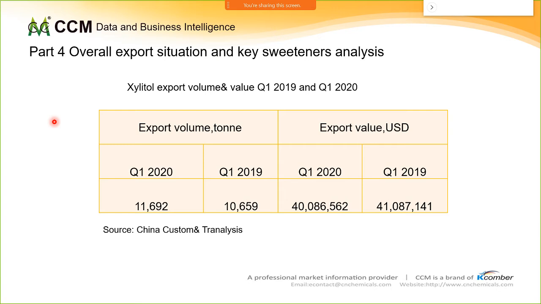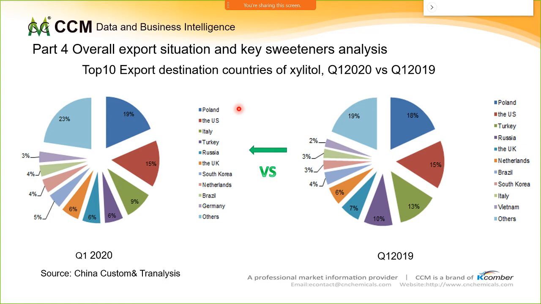According to the statistics, the export volume of xylitol in 2050 was 34,410 tons, and by 2080 it increased to 46,300 tons. In 2019, xylitol export volume fell by 5.30% year-on-year. The main export countries of xylitol are concentrated in European and American countries, such as the United States, Poland,